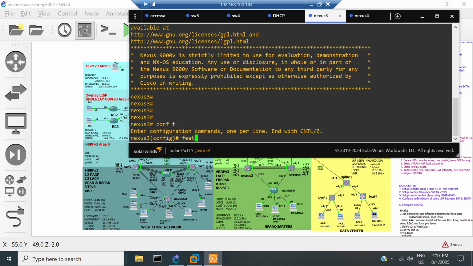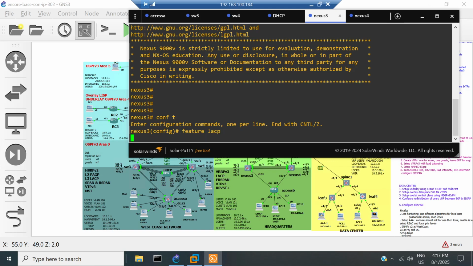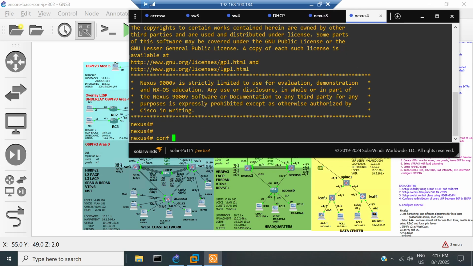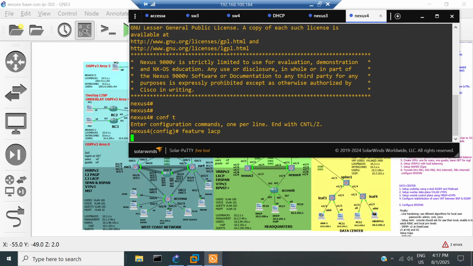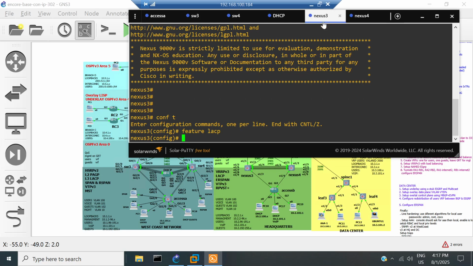First of all, we have to enable LACP. Remember that in Nexus we have to enable feature by feature. So let's enable feature LACP. Otherwise, the commands for LACP will not be available. So first we enable LACP, then let's configure my interfaces. This will be only a layer 2